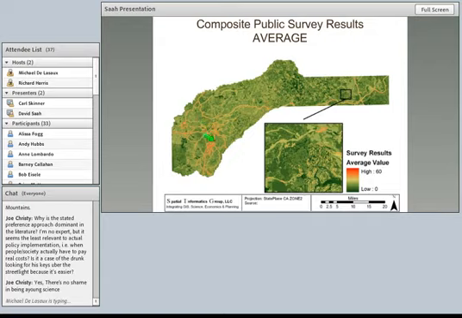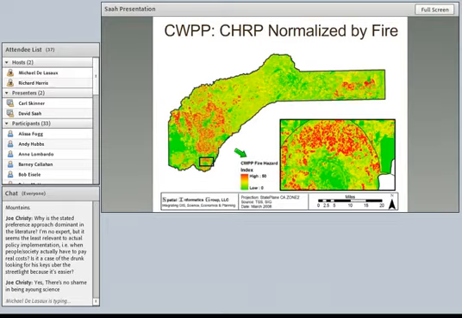So when we ran all these different scenarios, we ended up with a priority scheme that looks something like this, where ecosystem services are integrated into the overall values, but you still see the infrastructure and the property values taking a dominant role over a lot of it. And when we take this valuation and normalize it by fire, you can start seeing where your highest priorities are popping up that are also linked to where ecosystem services are located.